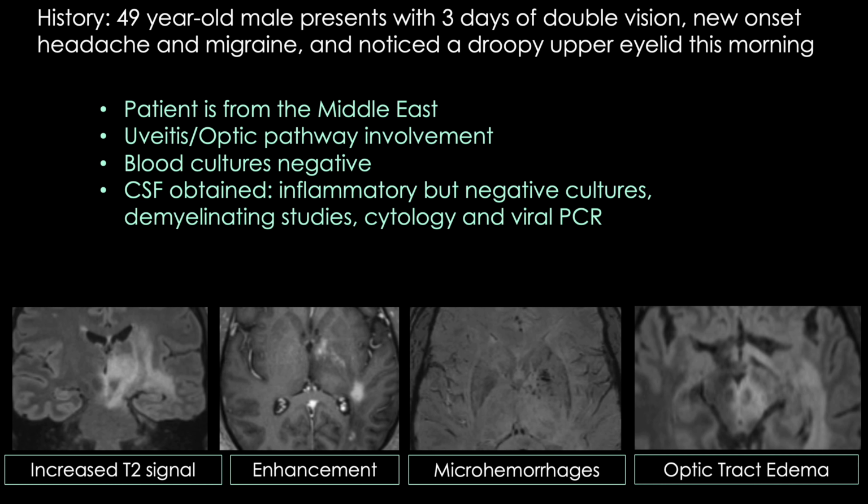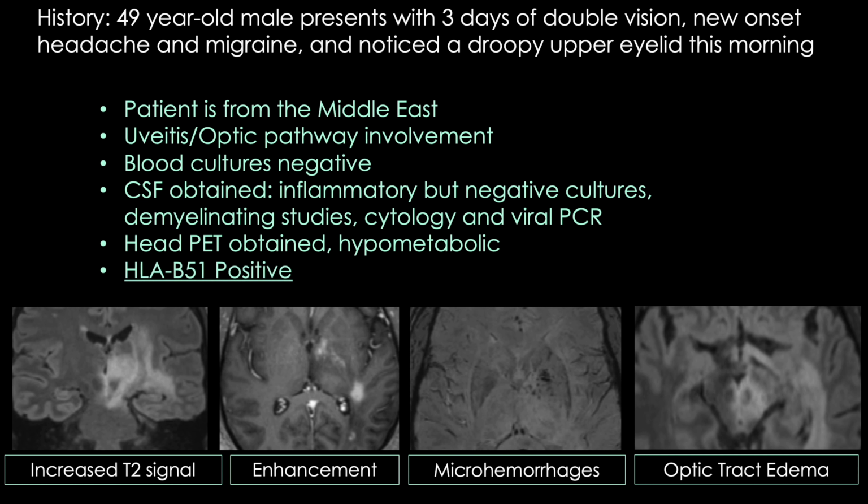They even went as far as to perform a PET exam, trying to figure out if this was a hypermetabolic lesion suggestive of lymphoma, and it returned the opposite. This area was actually hypometabolic, making neoplasm unlikely. And critically, additional lab studies showed the patient was HLA-B51 positive. So we've ruled out infectious processes, we've ruled out demyelinating disease and neoplastic etiologies, and this, in conjunction with the HLA-B51 finding, leaves us with the diagnosis of